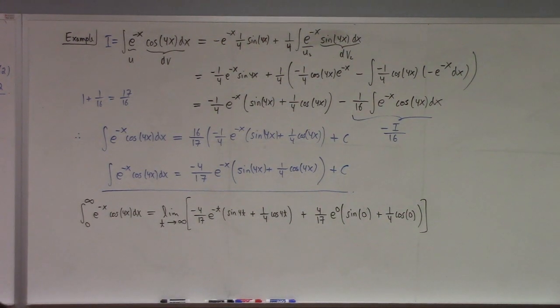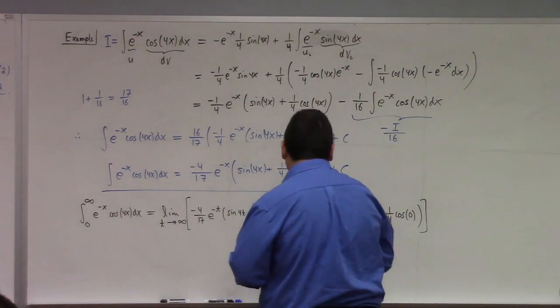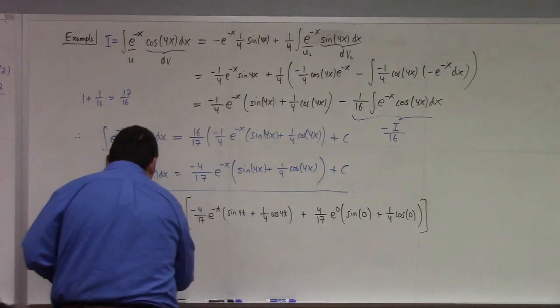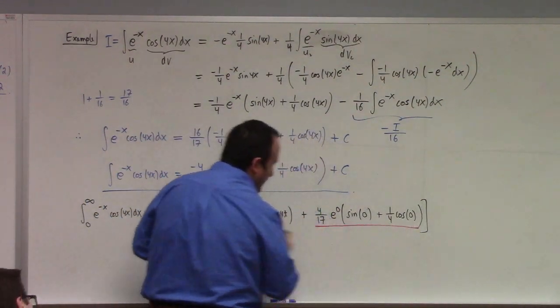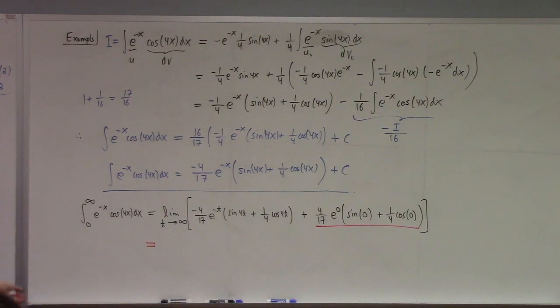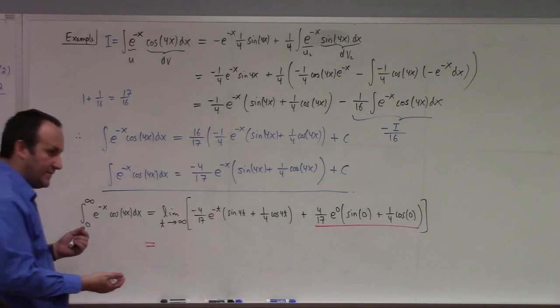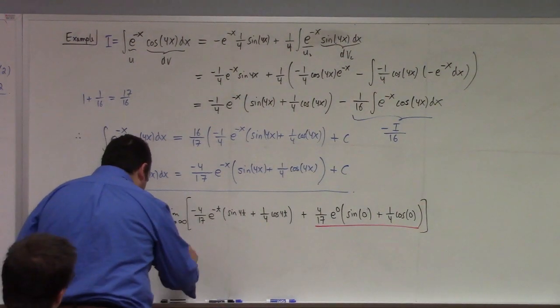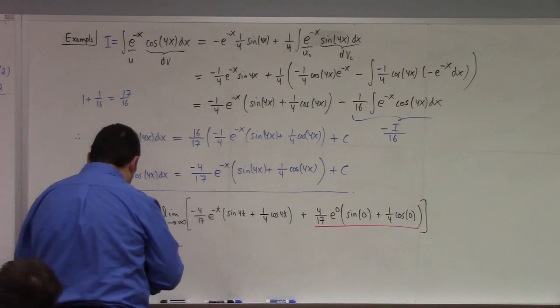Now, the limit of, so we need to talk about some things here. Well, let's make a step. This is equal to, this piece over here is easy enough to understand. That's sine of 0 is 0, e to the 0 is 1, cosine of 0 is 1. So in short, we get 1/17 for that. Right? But then plus